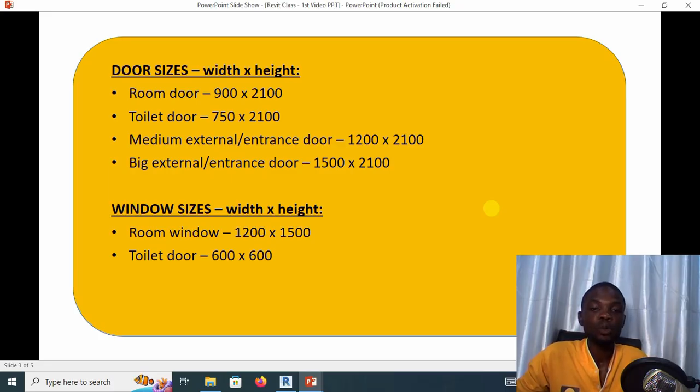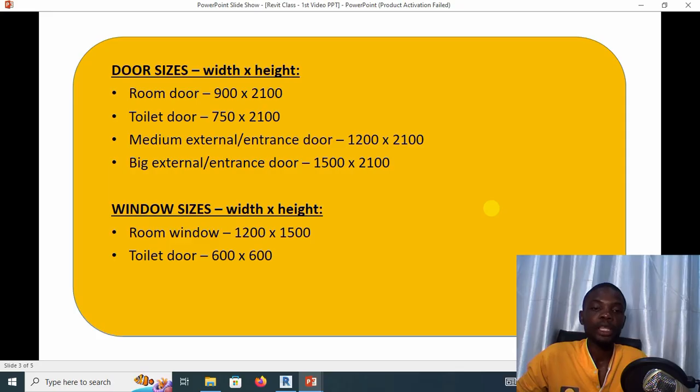Now, let's move on to windows. The standard room window size should be 1200 millimeters and the standard height can be 1500 millimeters. Now, this is not compulsory, just like I've been saying. You can have 1500 by 1500 room window. You can have 900 by 1500 room window. So it doesn't matter. It's just as per your architectural